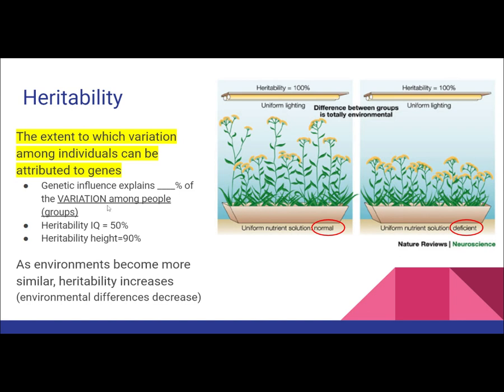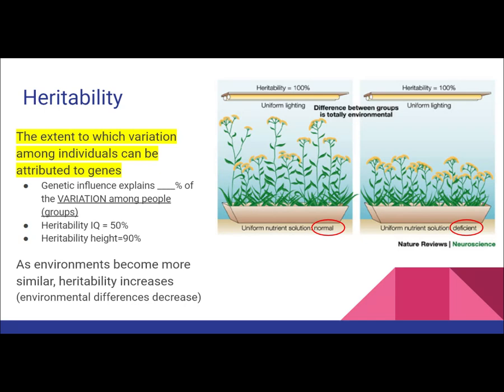Okay, so the idea here is that our genetic influence, or our genes, explains the percentage of the variation among people in groups. Some of the more famous ones: IQ is one of the most studied, and the heritability score for IQ is 50%, right? Meaning that the difference among a group of students, so if we looked at the students of AP Psychology, the difference in your IQ scores, the heritability score would be 50%,